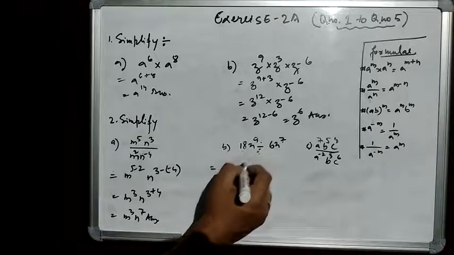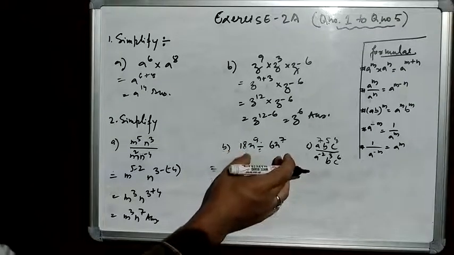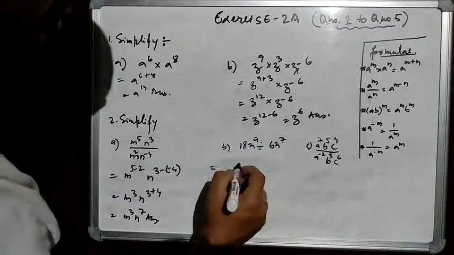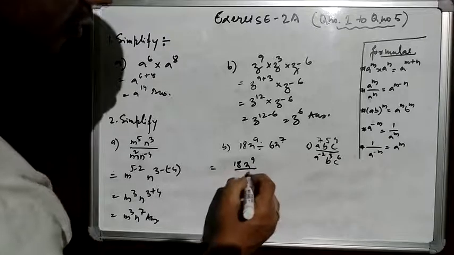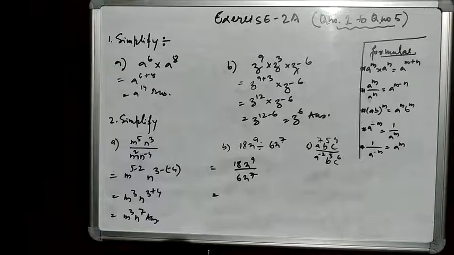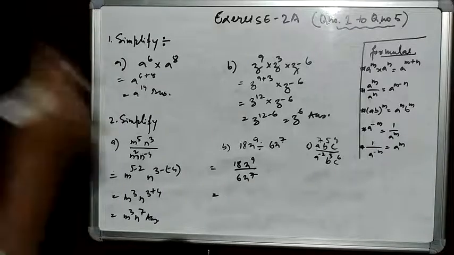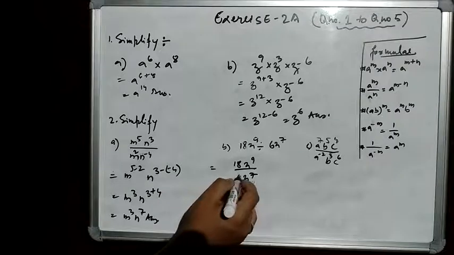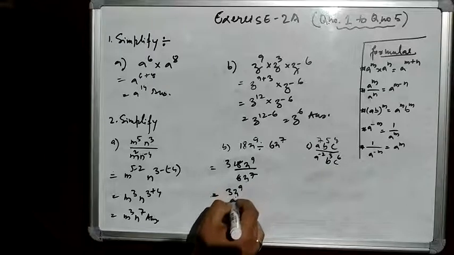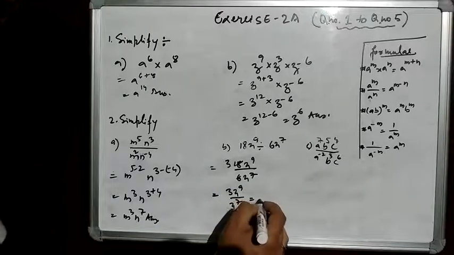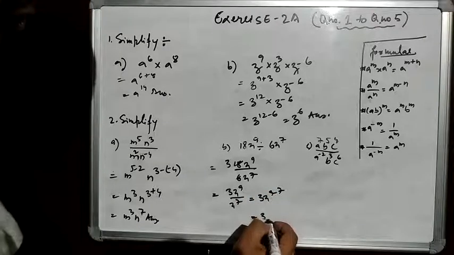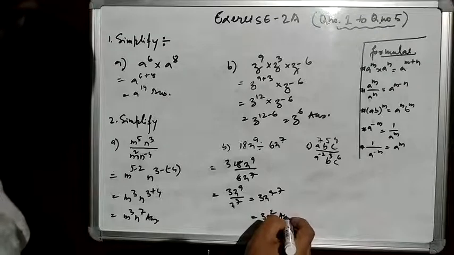The next question is 18 x to the power 9 divided by 6 x to the power 7. Divide is there, so we'll convert this into fraction form, so it will be easy for us to cancel the numbers and the alphabets, or we can say the coefficients as well. First we'll see the numbers. Is it cutting from the table or not? We see in the 6th table 18 is coming, 6 times 3 is 18, so 3 remains here, with x to the power 9 minus 7. So 3 x to the power square is your answer.